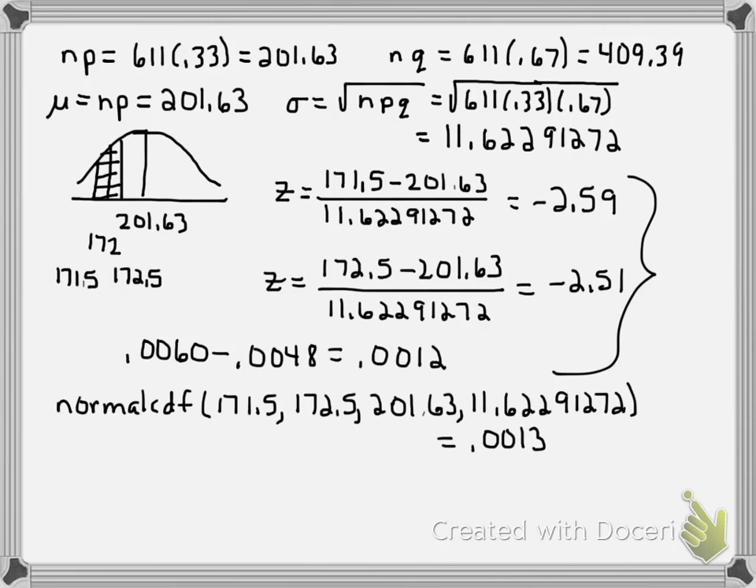Now let's see how that compares with using binomial distribution. If you're using your calculator, we would have binom PDF, since we're looking for exactly 172. Our sample size is 611, probability of success is 0.33, and again we want exactly 172, and that would give us